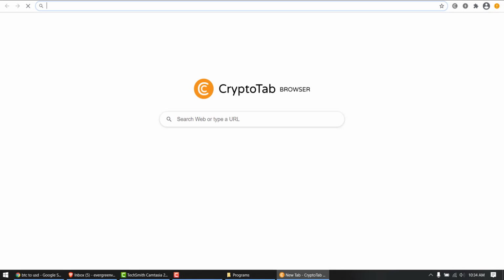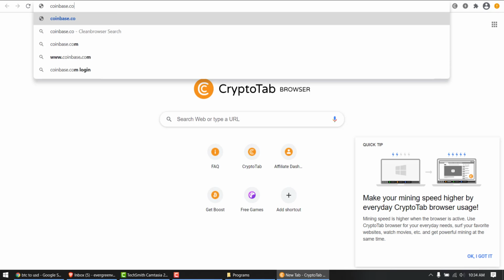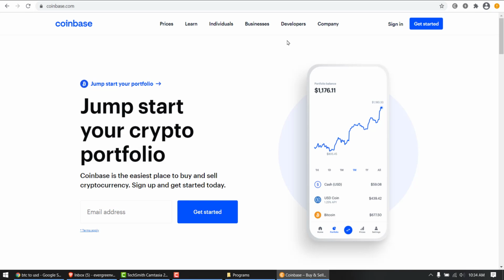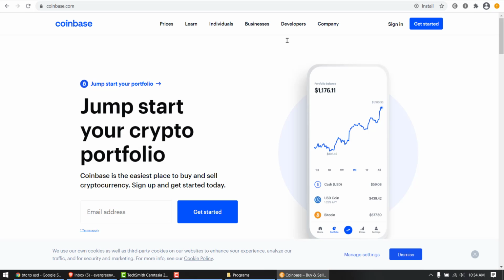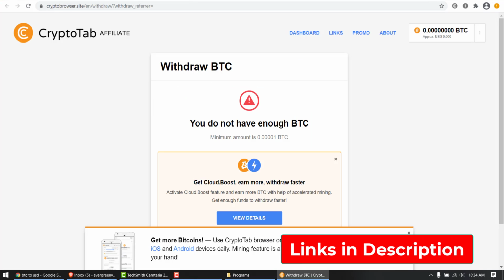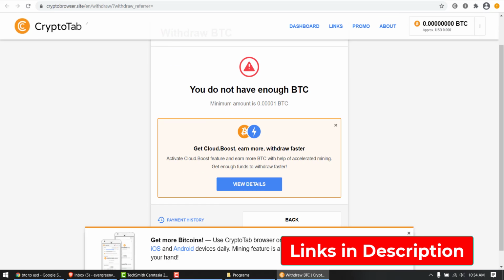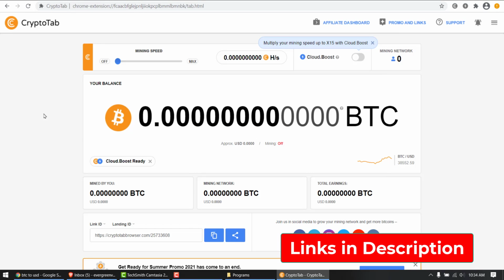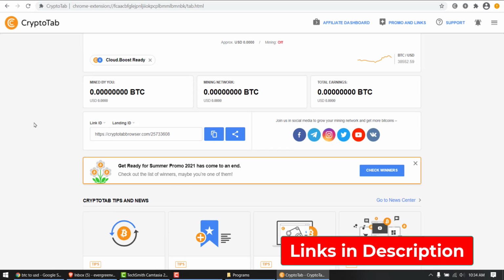If you don't have one, you can go to coinbase.com, register, and they will give you a BTC Bitcoin wallet address. Simply copy and paste it here. Once you have some balance, you can use it to withdraw money, and then of course use it wherever you want.